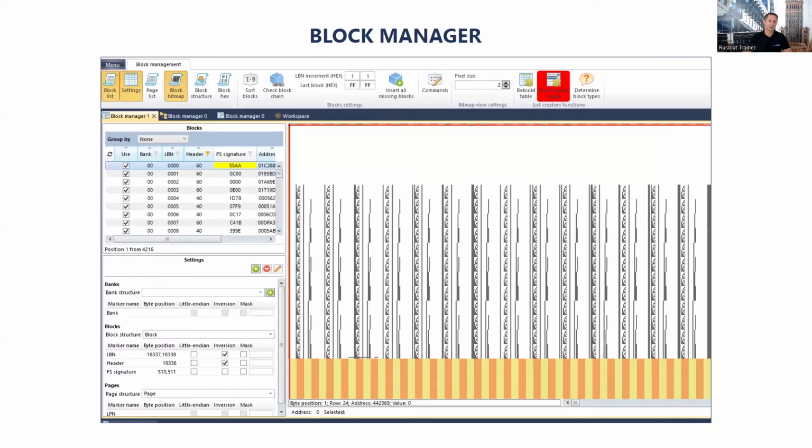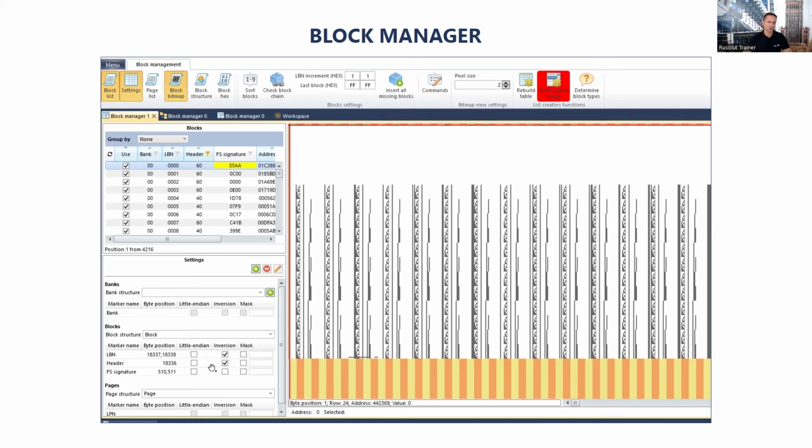And yeah, of course, the last thing, it's improvements in the interface of block manager, the long-awaited possibility to check these checkboxes straight in here, right, by just normal clicking in these checkboxes. A lot of users wrote us that they were waiting for this improvement, for this update of the interface, and finally